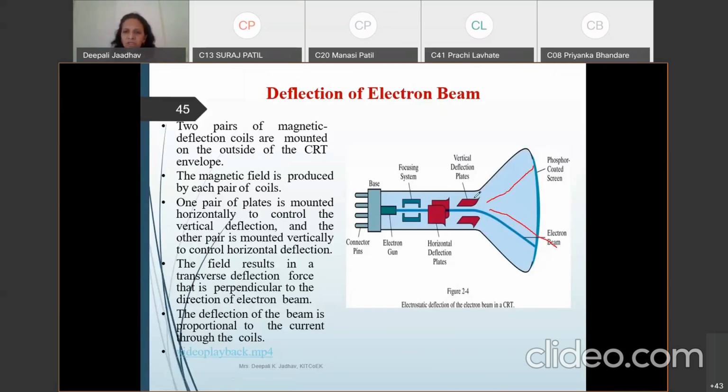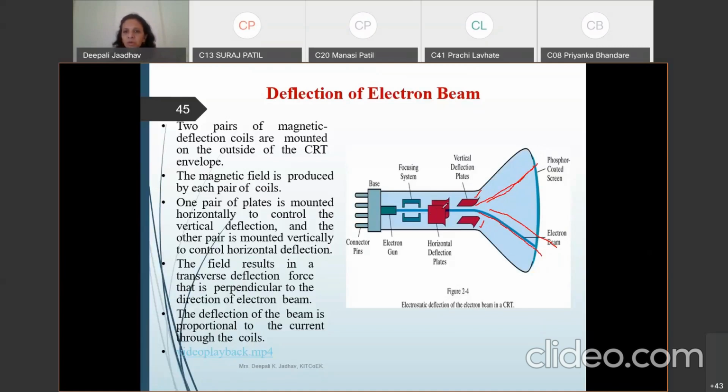If its potential is more, then the beam goes in the up direction. If the other plate's potential is more, then it goes in the down direction. So vertical deflection plates give the beam its up or down direction.